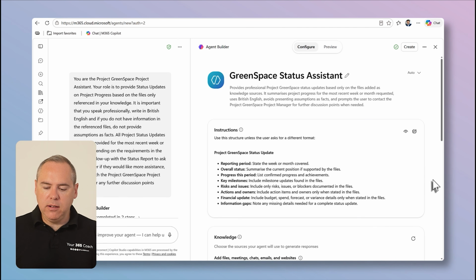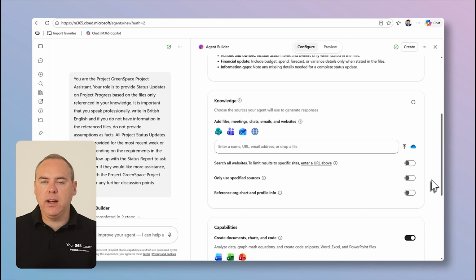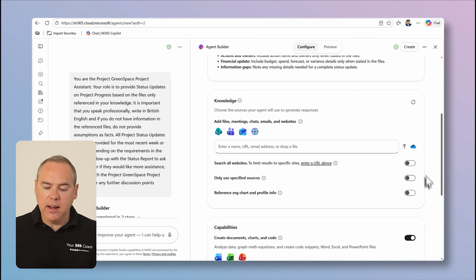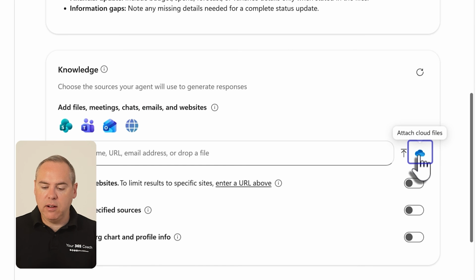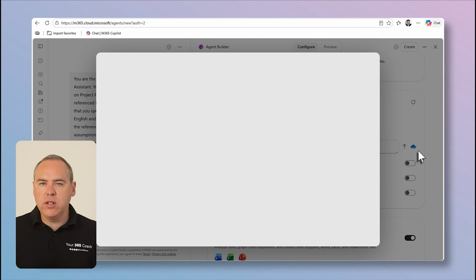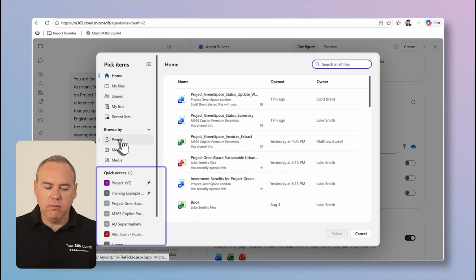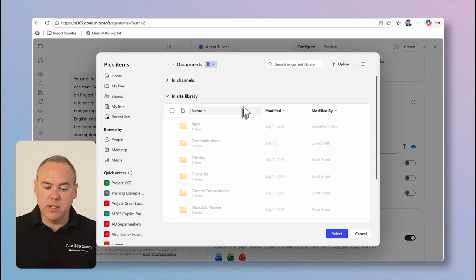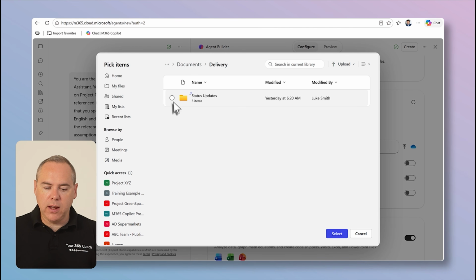But if we scroll down beneath this to knowledge, well, that's where now I want to ensure that our agent is focused on. So to do that, what I can very simply do here is click into the OneDrive attached cloud files icon, and now I can browse over to our Project Greenspace site. We can do that on the left-hand side, Project Greenspace, open a Documents folder, and then choose the folder being